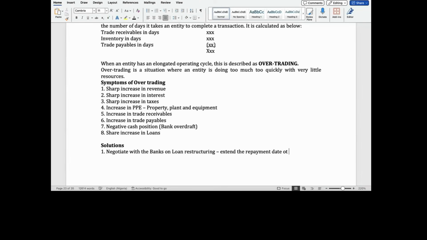Okay, or can help you reduce the interest payable, both the amount and the rate. That's what loan restructuring can do for you. When that is sorted,